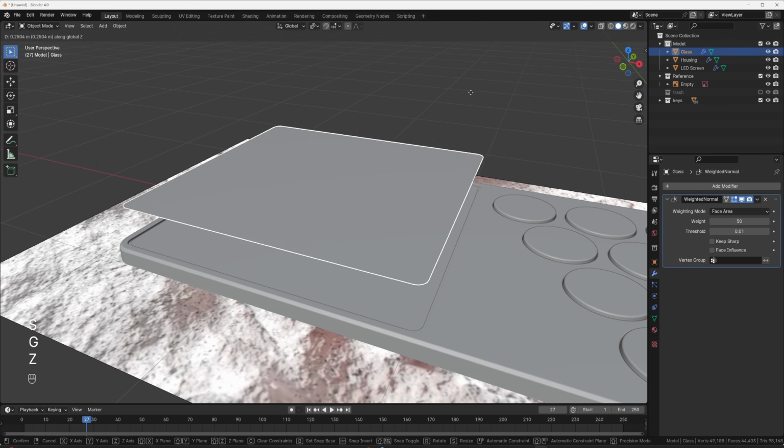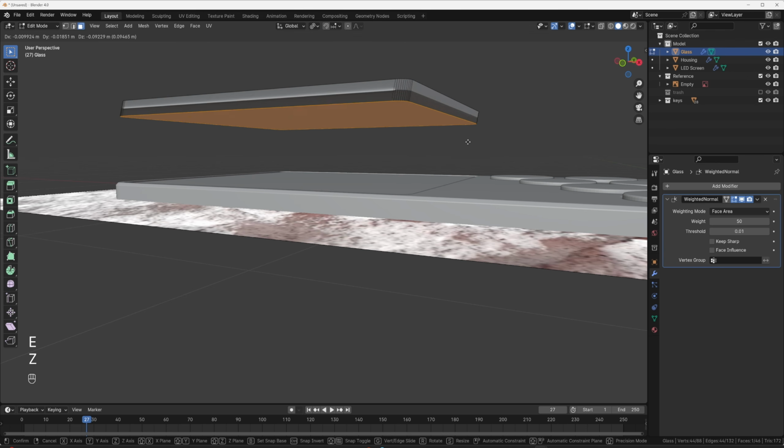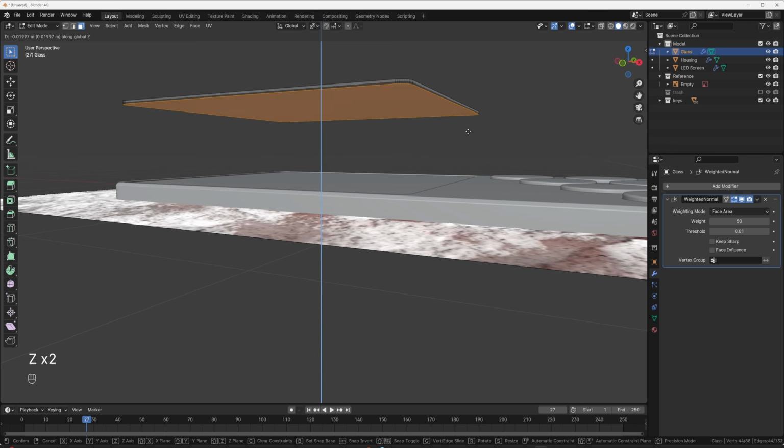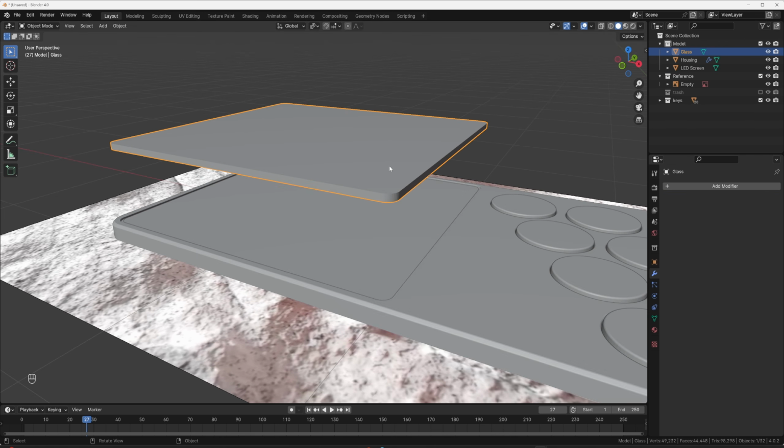And I'm just a model, I'm going to bring it up. I'm going to tab into edit mode, and then while everything is selected, just click E and Z. It looks weird right now because I copied it from this, which has the weighted normal. So I'm going to click weighted normal on this screen right here, make sure that doesn't have a weighted normal. And click this also, make sure it doesn't have weighted normal.